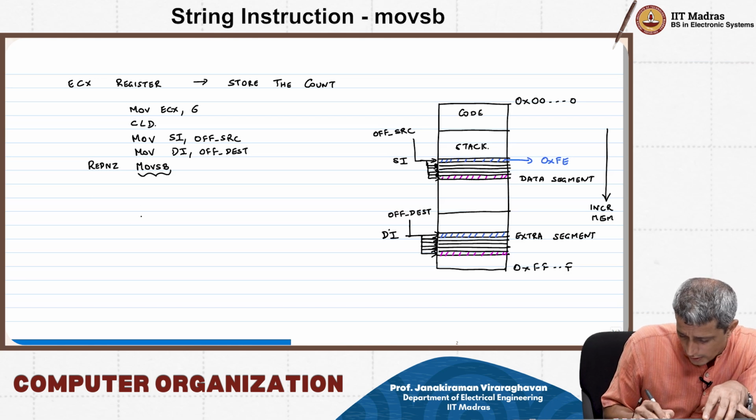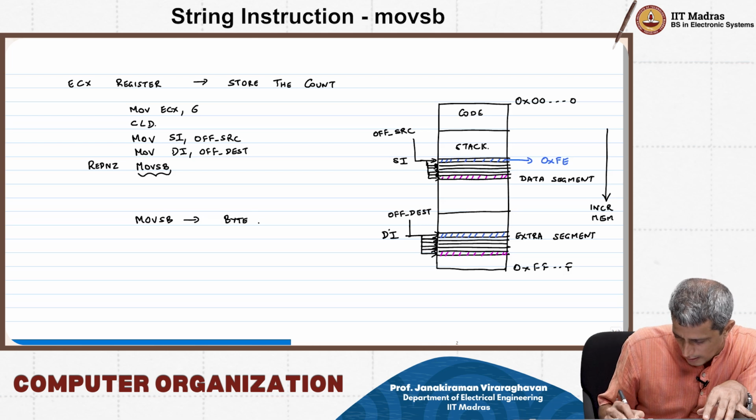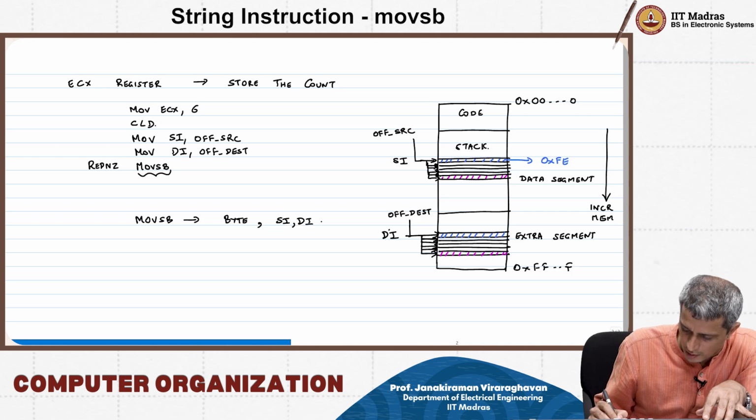So moves byte will move a byte, and then SI comma DI will auto increment,